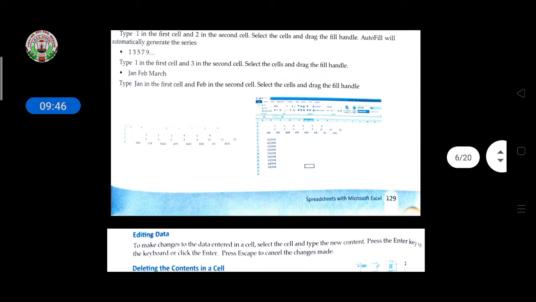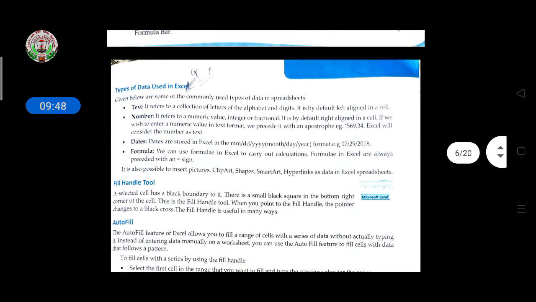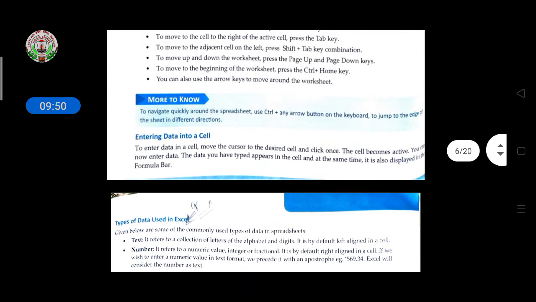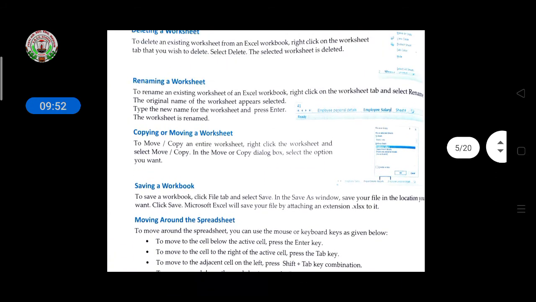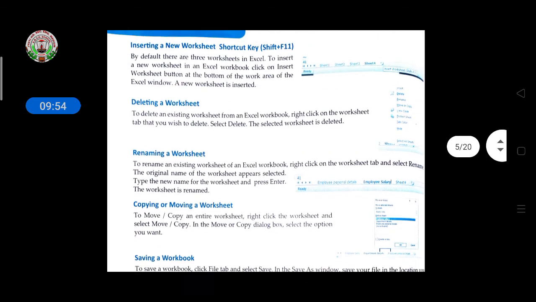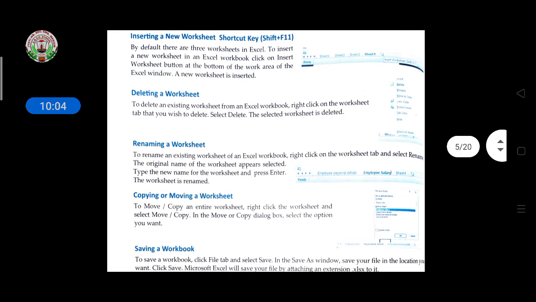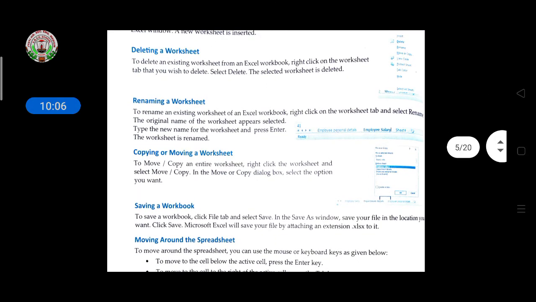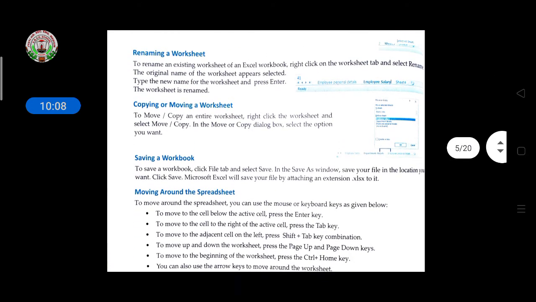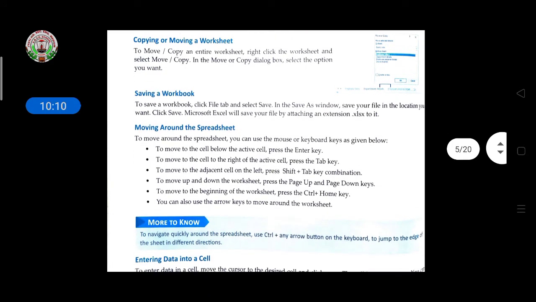So first of all, you have to go through all the topics, and then if you have a computer at home, open the Excel sheet and do the entry work there. In class 7 and class 8 you did the practical also. So go through it, learn that practical, and if you want to practice, then do it at home. Okay, thank you.